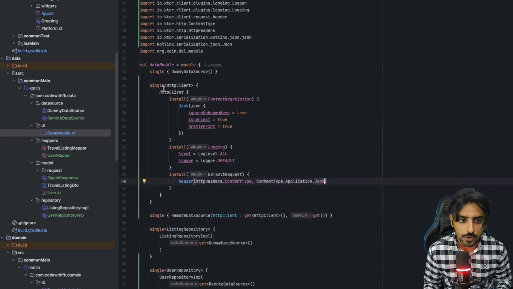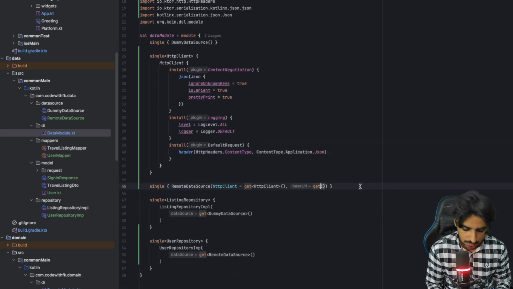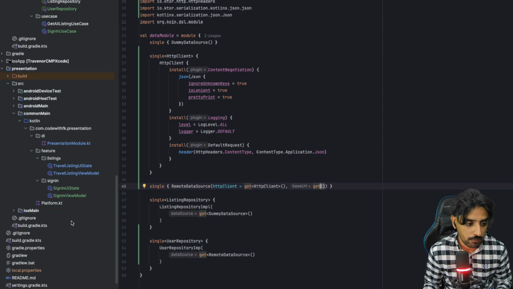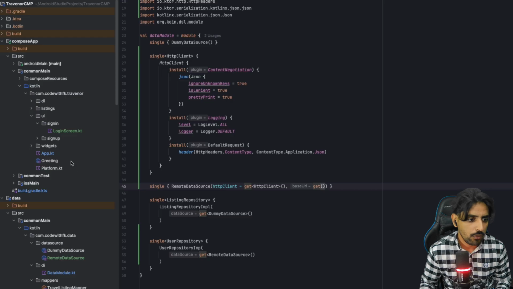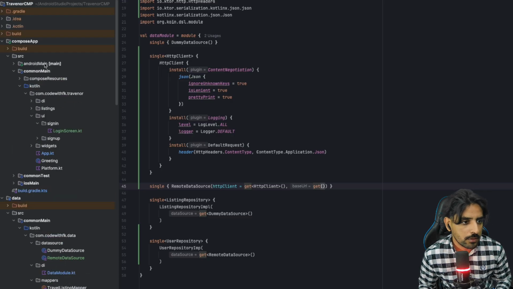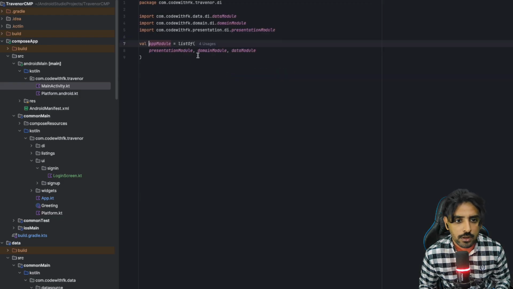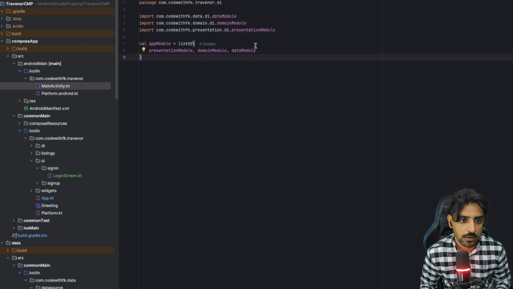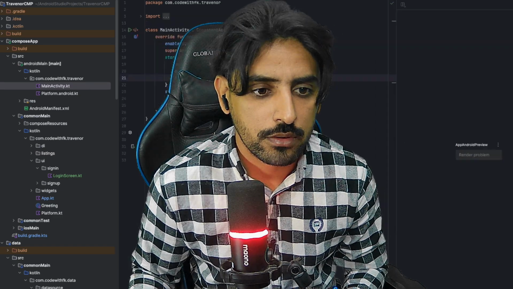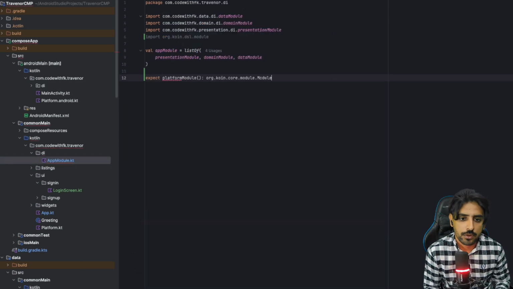Now we need the URL. The base URL is not there, so we need to define it somewhere from where we can access it. For that, if you go to the Android main section in the Kotlin and go into the main section, you will see the app module, and then you have all these things like presentation module, domain module, and then we also need a platform specific module. So over here, where is the app module created? Platform module as module,